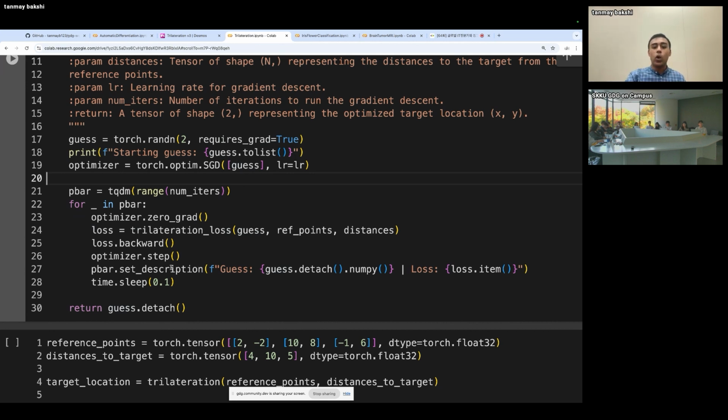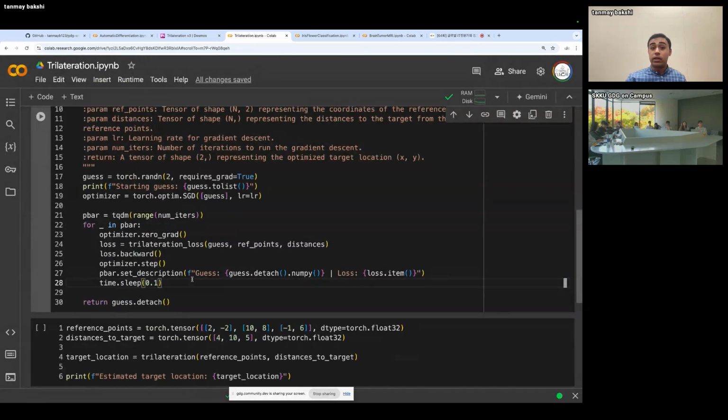It'll keep doing this over and over again 1,000 times until it's done. Each time it prints out the current guess and the current error. I also tell it to sleep a little bit, because otherwise it goes so fast that you can't see it progress. And that's all there is to it. Reset state, figure out your error, do your backward pass to get gradients, step in the space, and do it all over and over again. It is really interesting how this is exactly what ML code looks like in the real world, and you'll see that in just a moment.